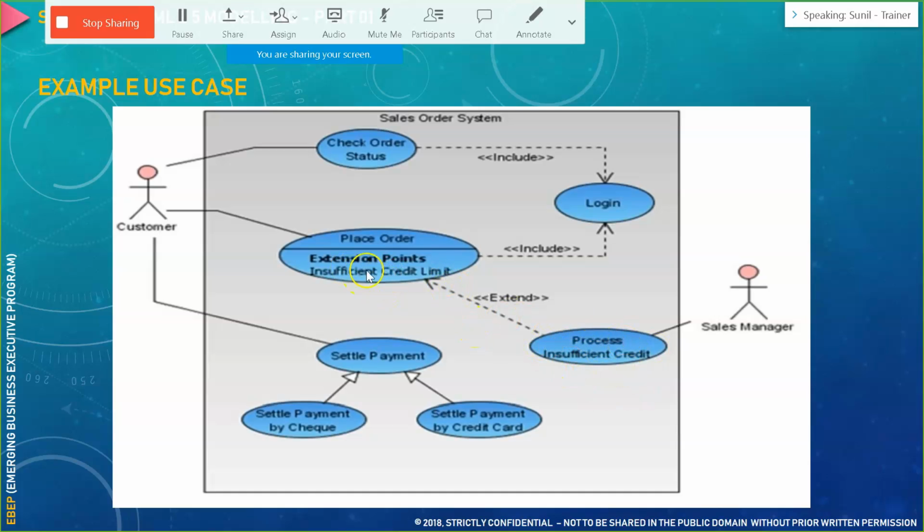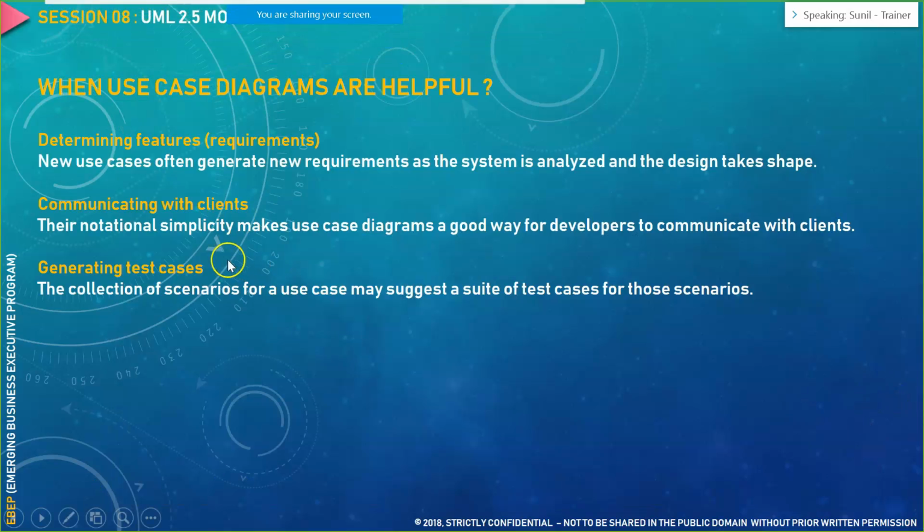That particular criterion or decision is mapped using an extension point, an event that would extend another use case. Use case diagrams are helpful in determining features for a particular requirement, communicating with the customers, and generating test cases. These are the three ideal situations wherein use case diagrams would be helpful.